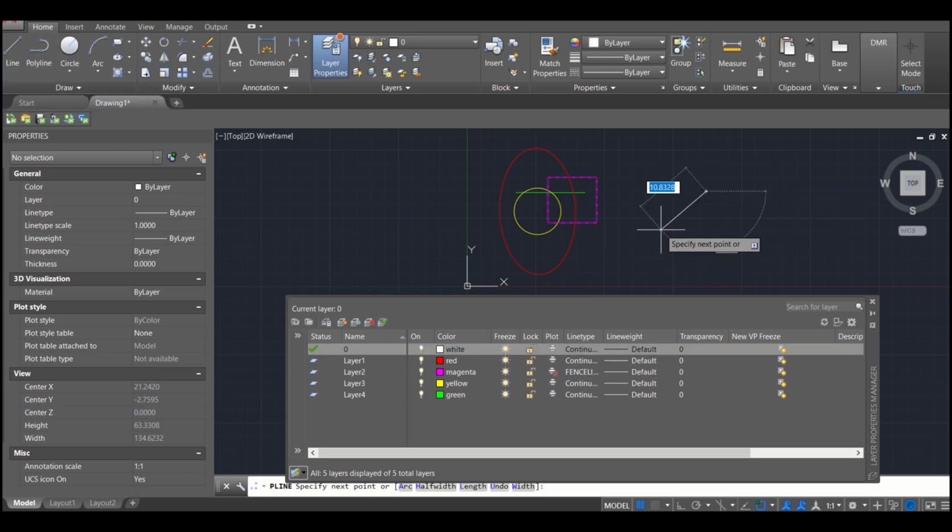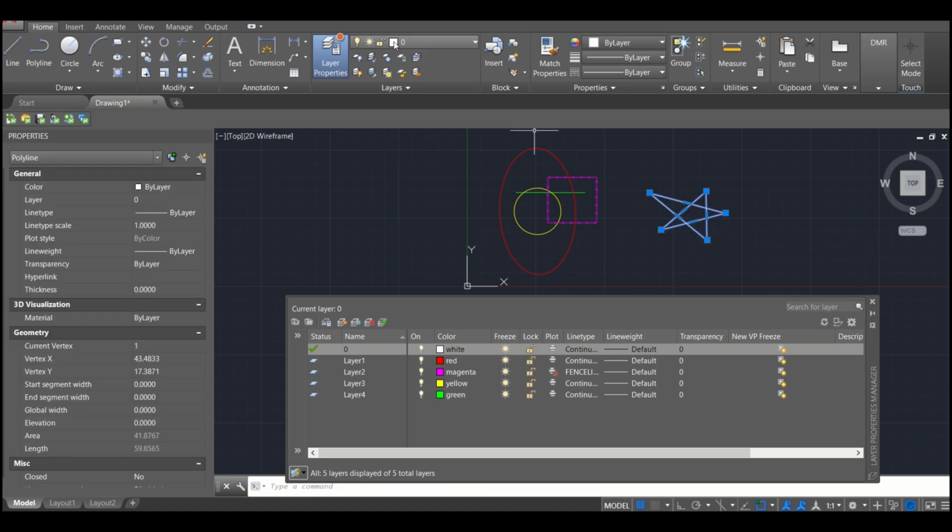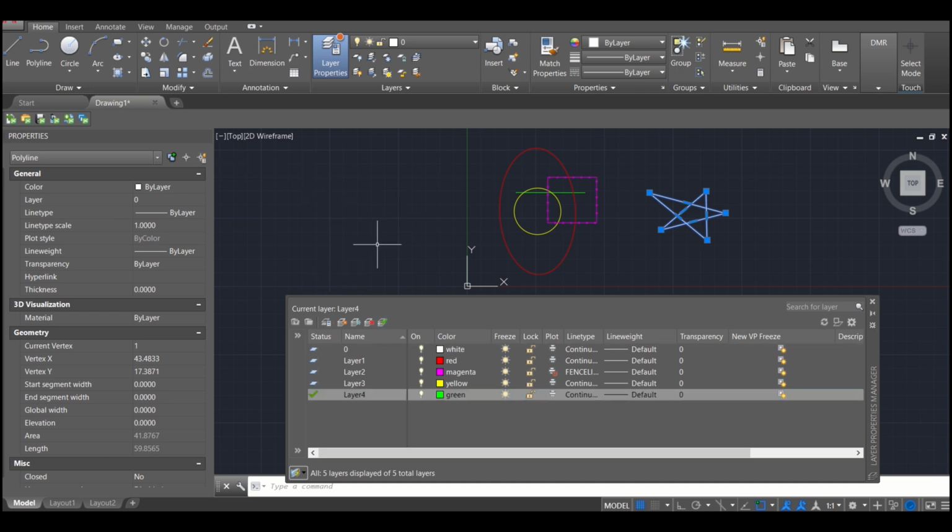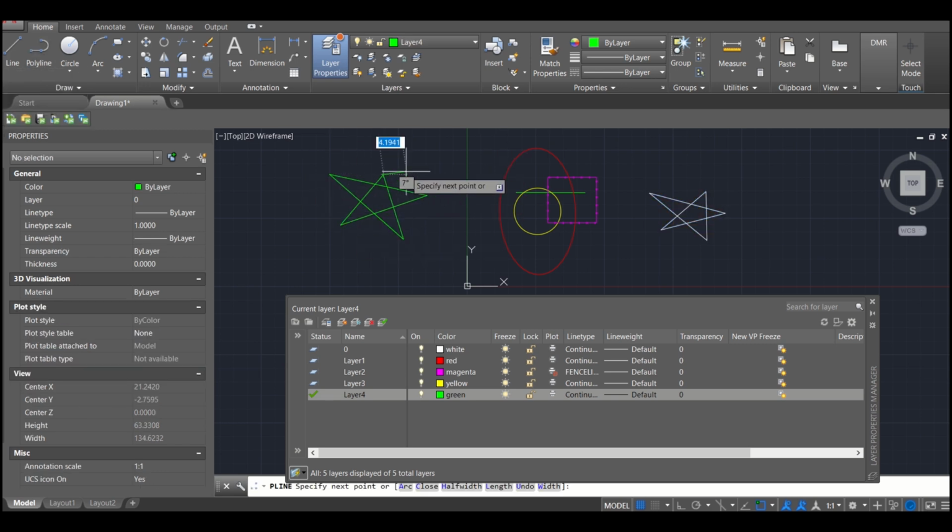Current layer means that whatever objects you insert or draw will be in that assigned layer. Right now, layer 0 is the current layer. So if I assign layer 4 as my current layer, the star that I will draw will be in layer